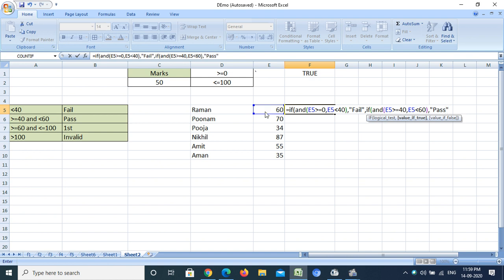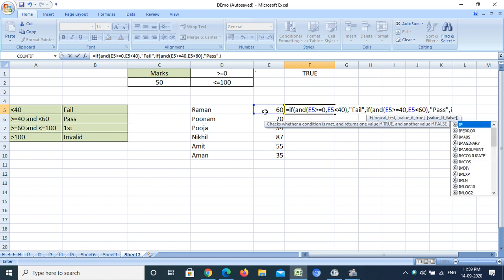comma, again I am going to write an IF condition, IF, logical AND.